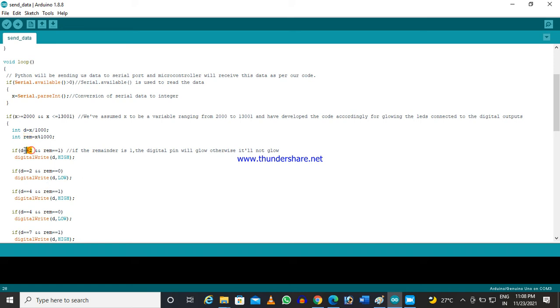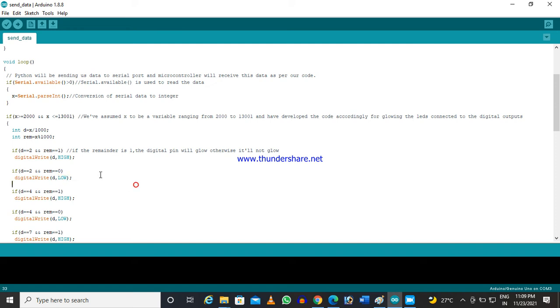So now D is the pin, and the remainder will decide the action, whether it will be high or low. You see here, that's why I have written if D is equal to 2 and my remainder is 1, then that particular pin will be high, and if the remainder is 0, then it will be low.